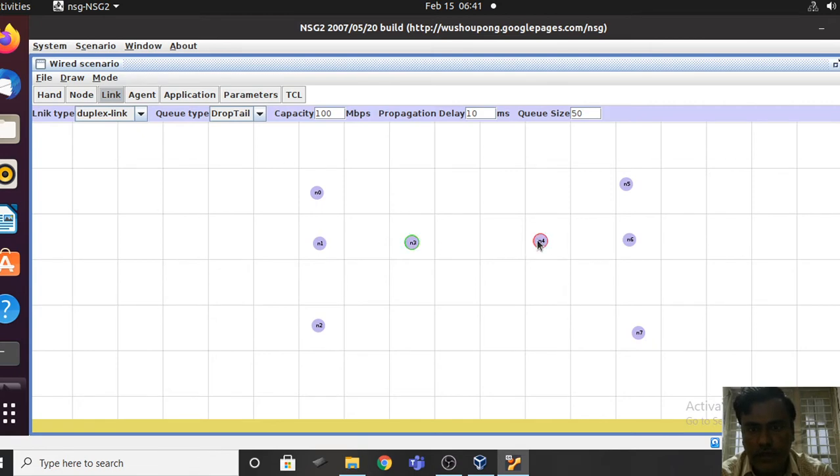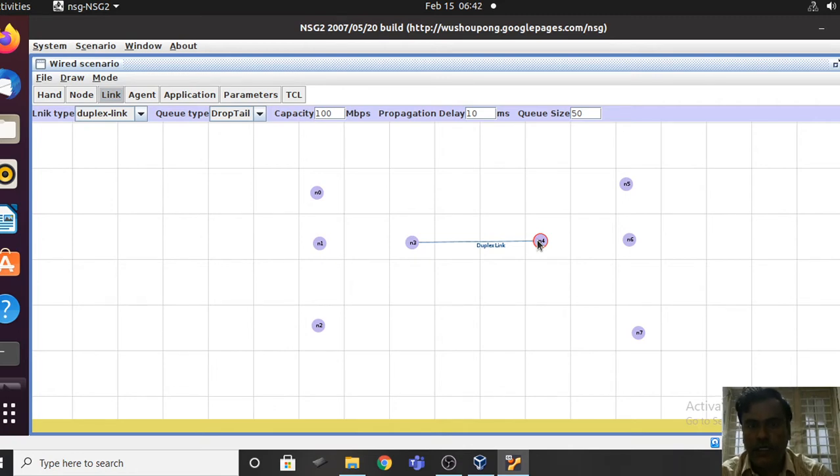So I'm going to make changes only with respect to these two values. Either you can change only one value, or if you want, you can change two values. And after simulation, you are going to get the quality of service parameters.